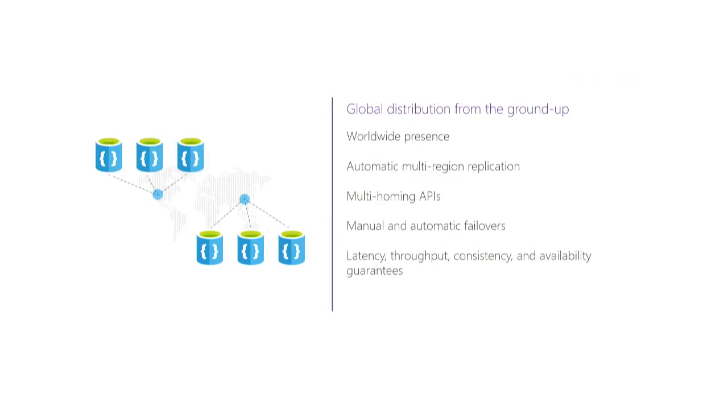I talked a little bit about distributing this data globally. Some of the things that we also add on top of this are a multi-homing API. So all of the endpoints are actually served under a single endpoint. This means that if one region goes down, you can actually gracefully fall back using a policy without having to redeploy the application. We also give you the ability to manually fail over, as well as for your own BCDR drills.